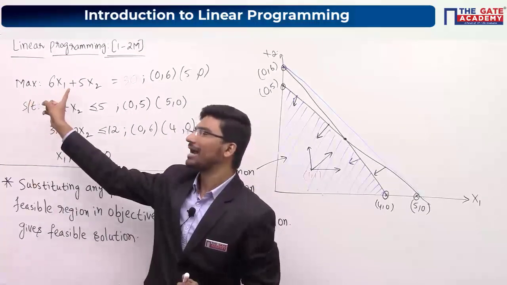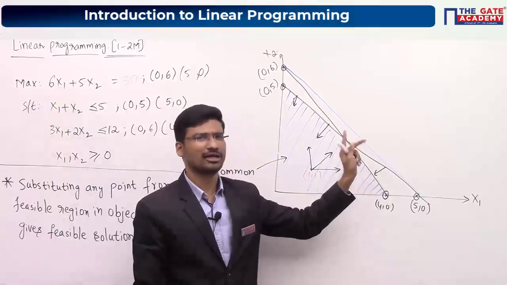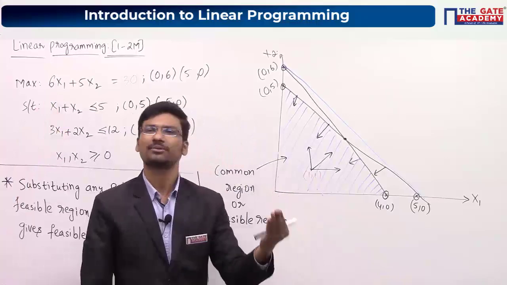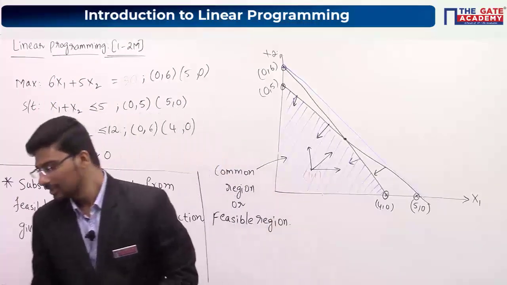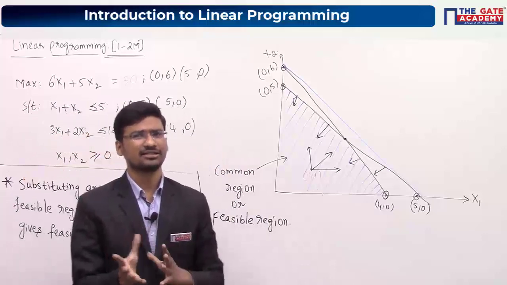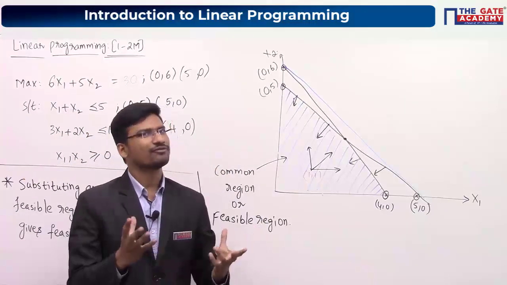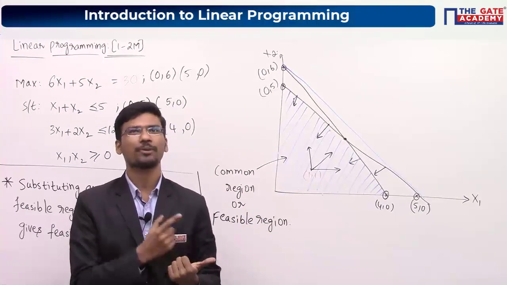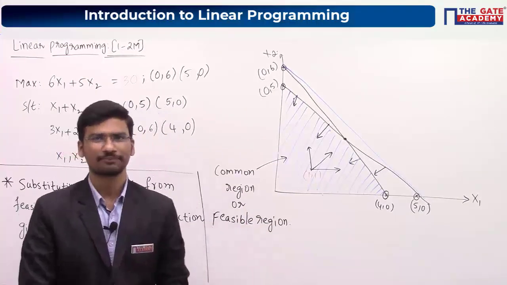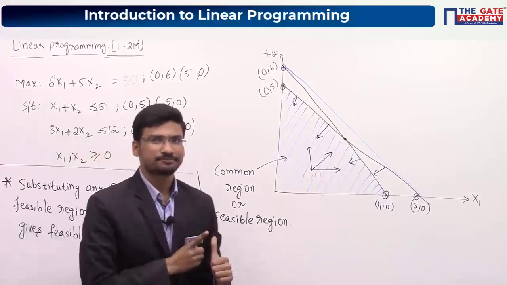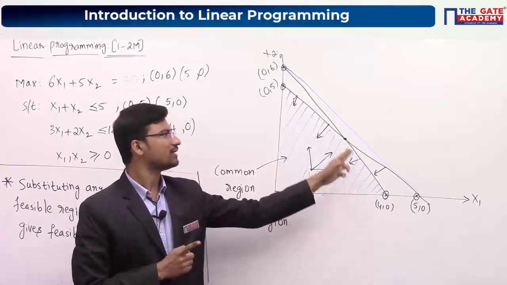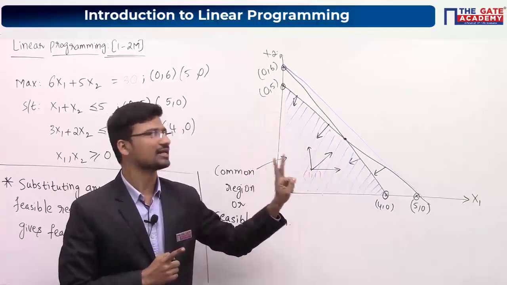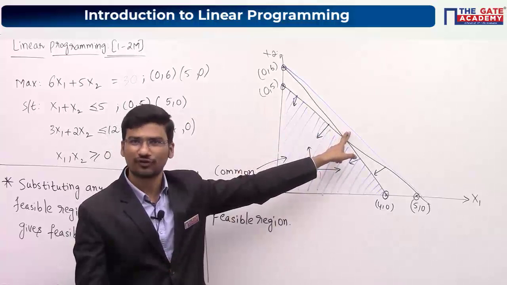Okay. So if it is a maximization problem, at this point you will get the maximum value. If it is a minimization problem, at this point you will get the minimum value, which is 0. So these are the conditions. Okay. So why are we considering only corner points? This is the reason. So I hope you have understood. So now you can ask your doubts. Okay. So what is the first condition? You will get a better solution on the boundary. So we are interested only in the boundary points. Now the second condition we have seen is drawing this objective function line.